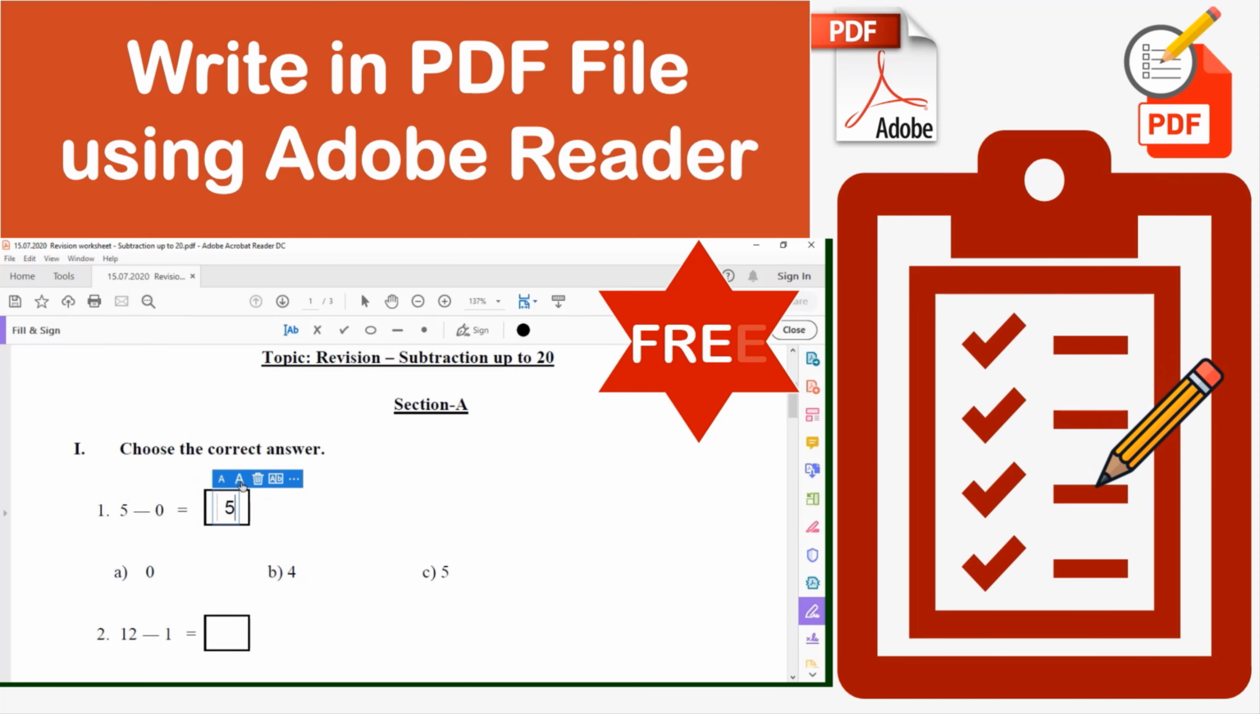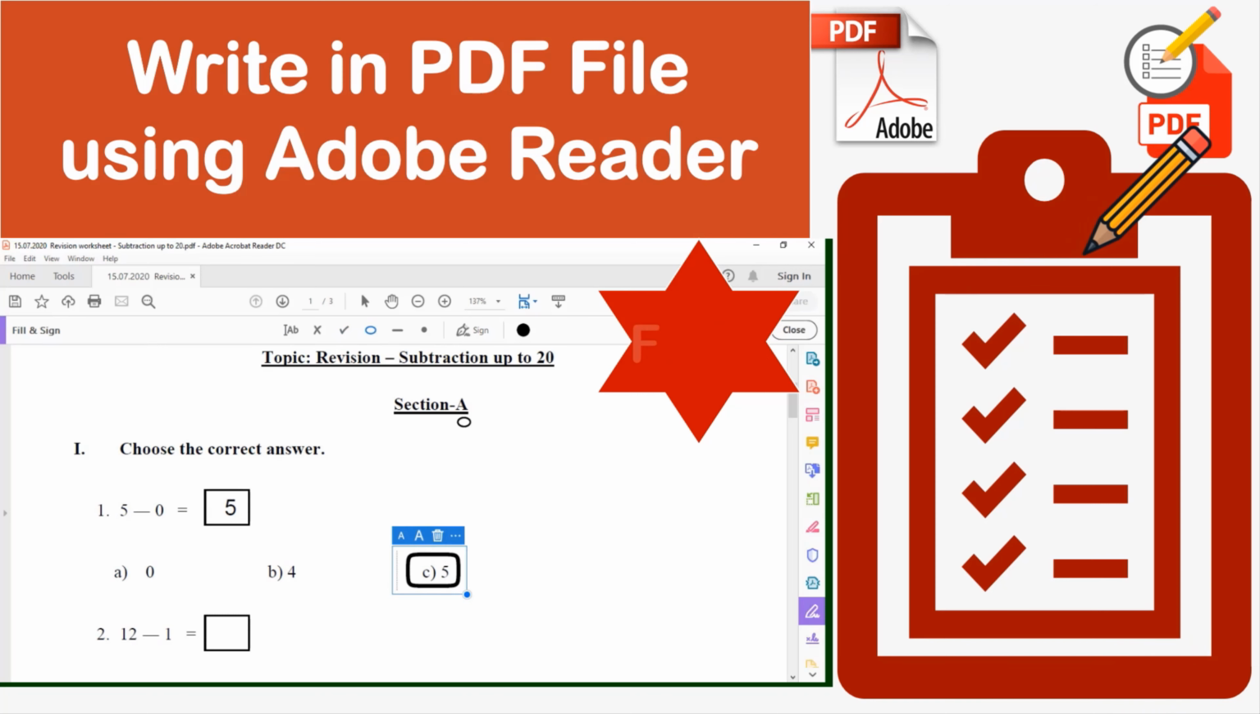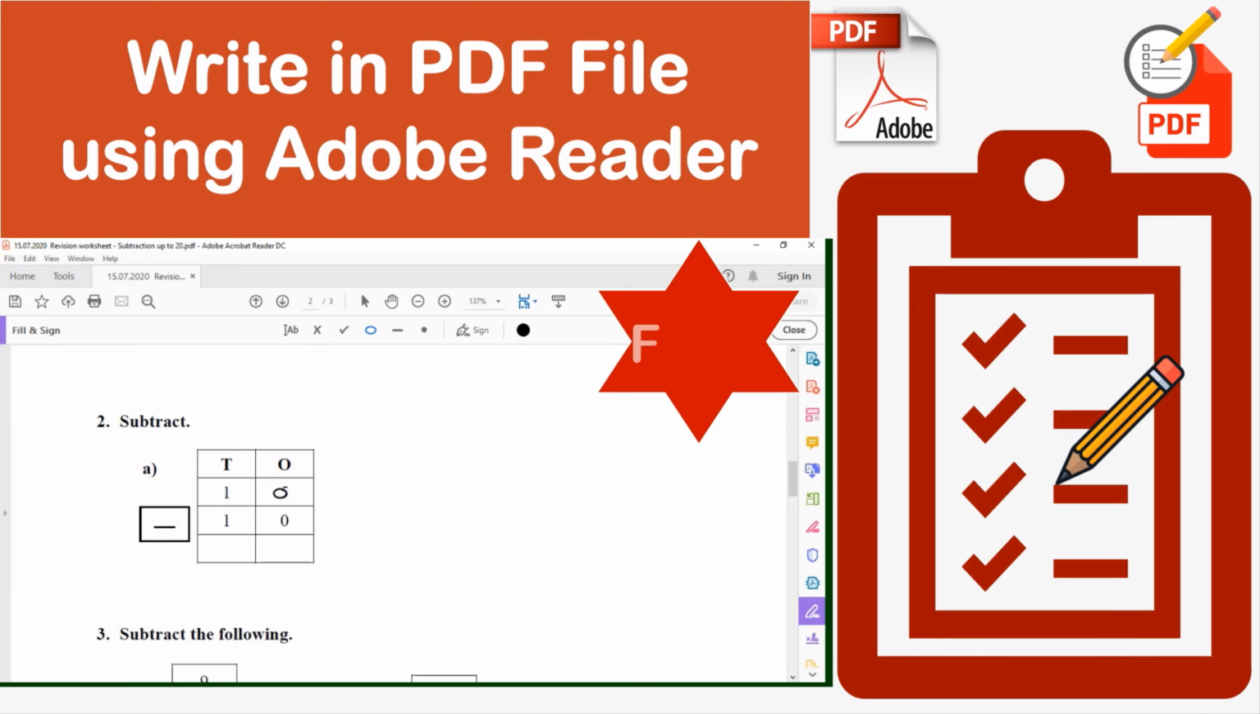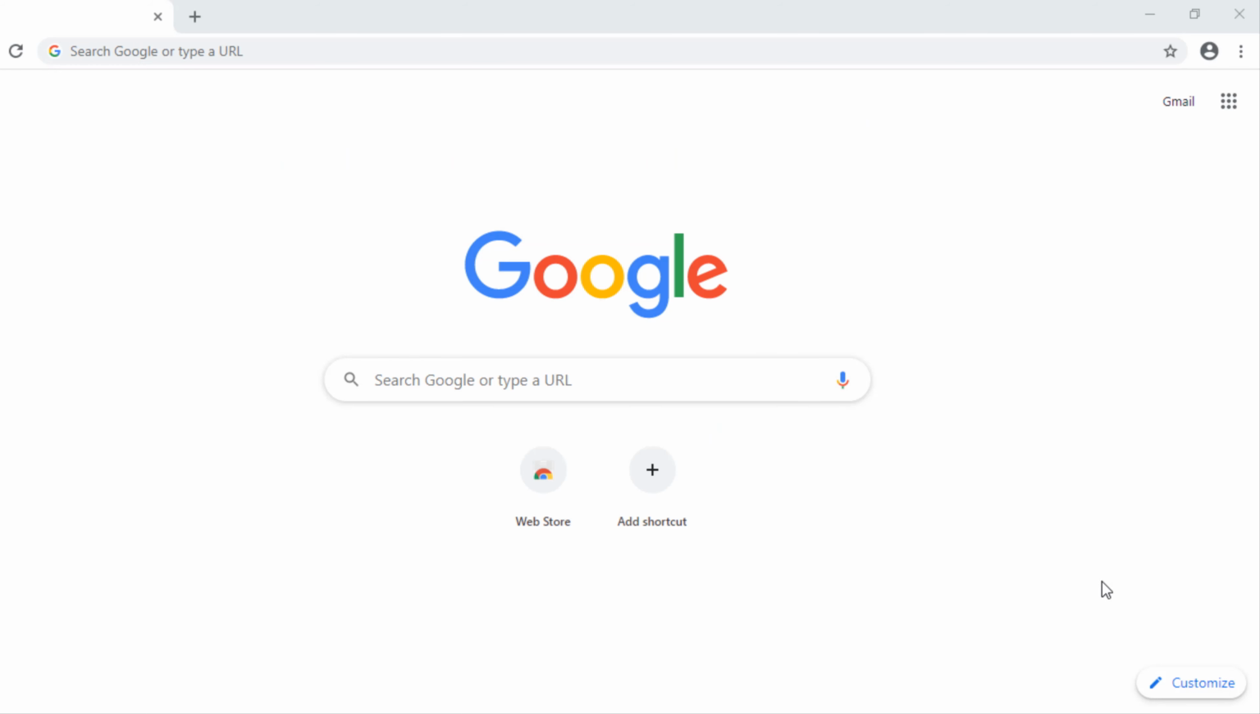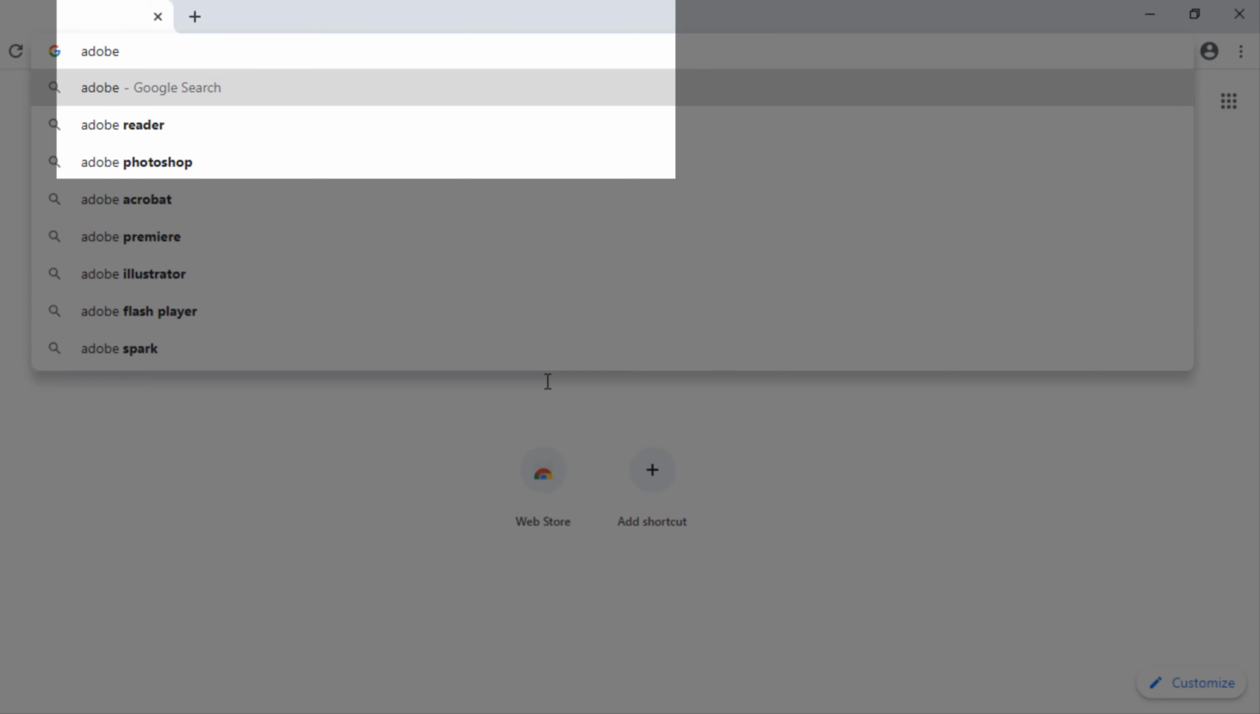There are several occasions you may need to fill a PDF form, and you may be looking for a way without printing it. In this video, we will focus on how to fill a PDF form using Adobe Acrobat Reader, which is a free software from Adobe. To download the application, go to your favorite web browser and choose google.com and search for